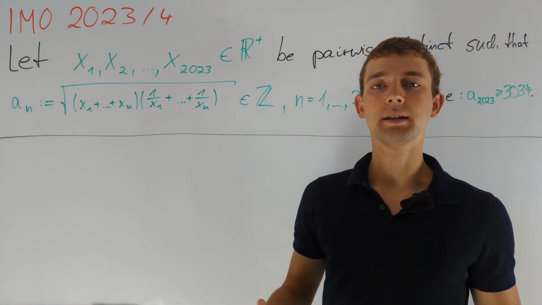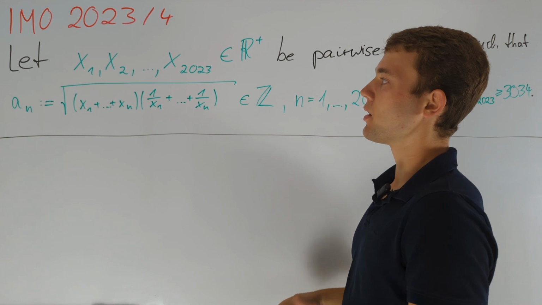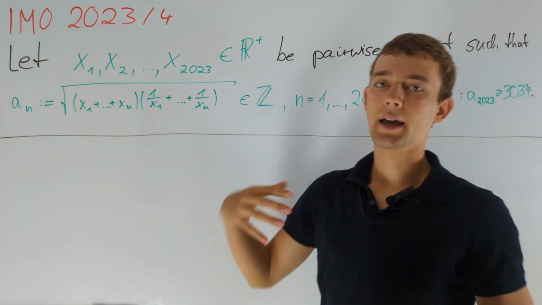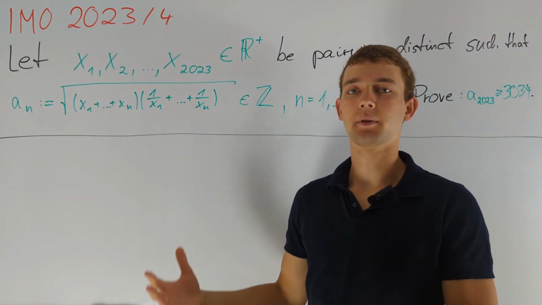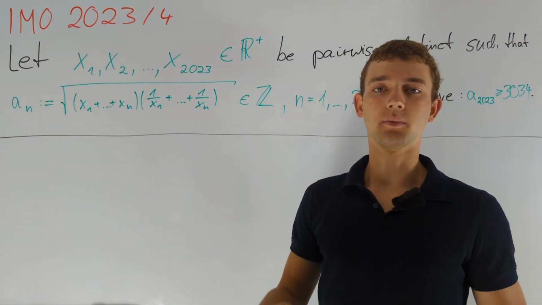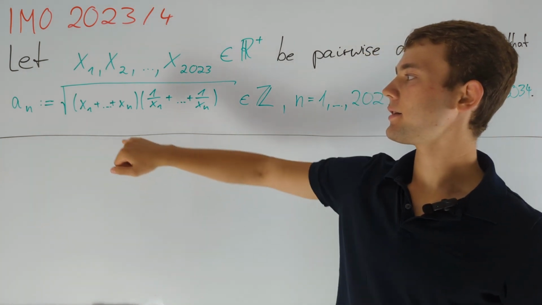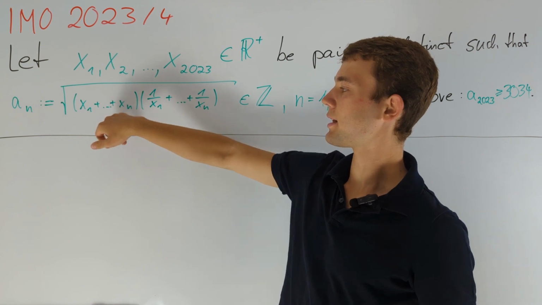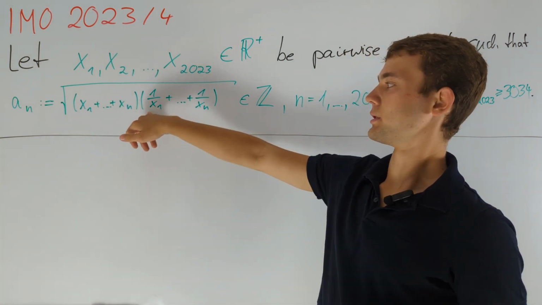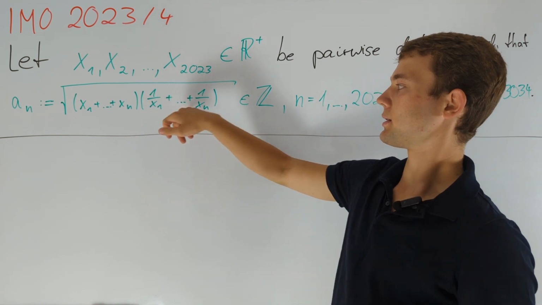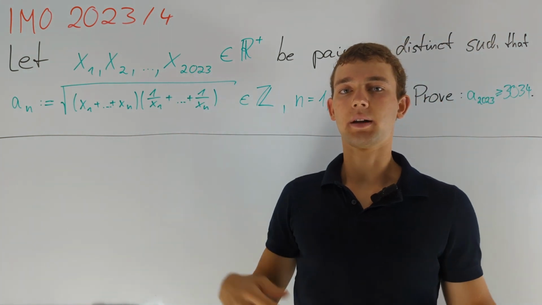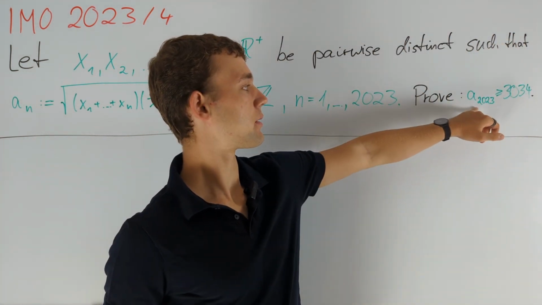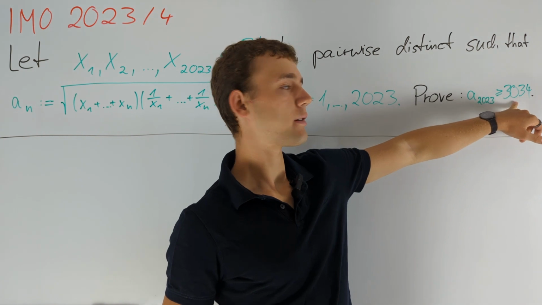Hi, today I will present problem 4 from this year's IMO, where we are given 2023 pairwise distinct positive real numbers x1, x2 up to x2023. We define for n equals 1 up to 2023, a_n to be equal to the square root of (x1 plus all the way up to plus xn) times the sum of the reciprocals, 1 divided by x1 plus up to plus 1 divided by xn. Given that all a_n are integers, we are asked to prove that a_2023 is greater than or equal to